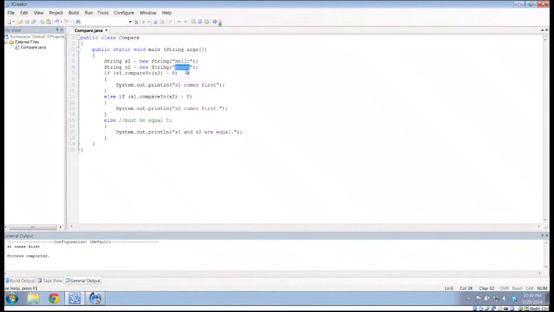If I change this to hello, then S1 and S2 are equal. If I change this to hello there,